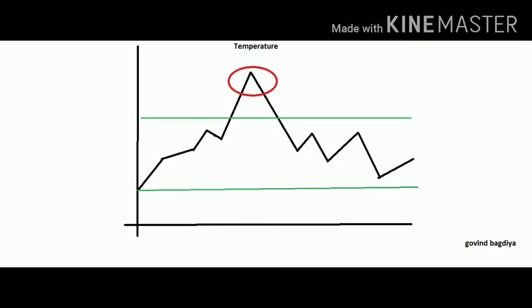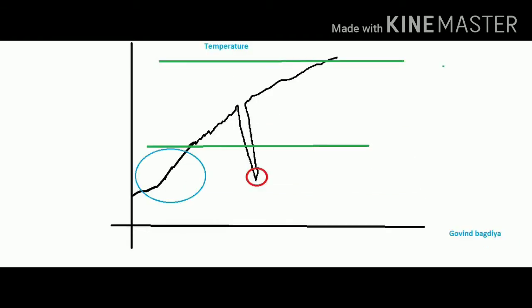What basically is the difference between the old project and this new anomaly detection project? Let's look at the difference and analyze it with the help of graphs. So let's see the graph. In this graph we can see the temperature, and the red circle I have indicated is uncertain. We have set the threshold limits with these green lines, so it is very easy to identify this red spot. But what if we have a graph like this?